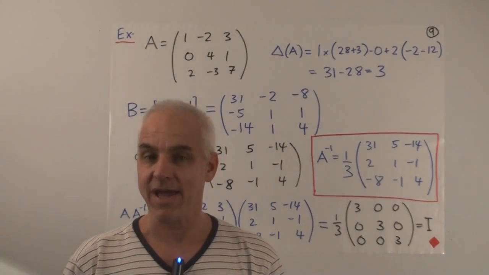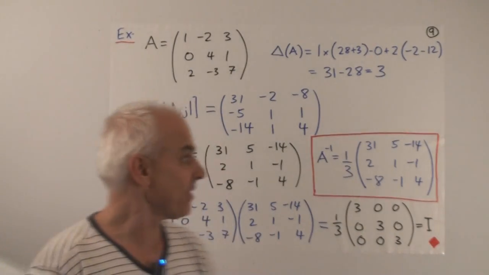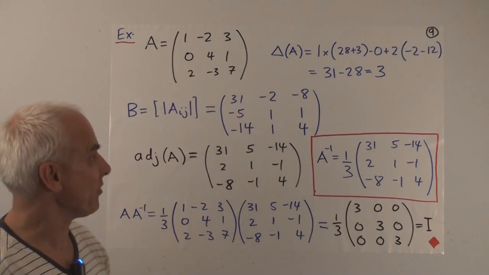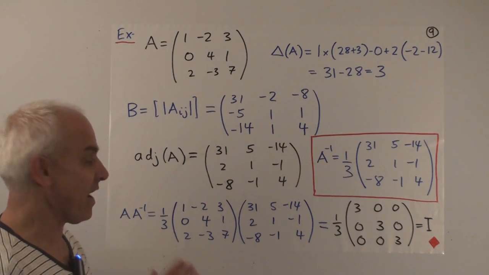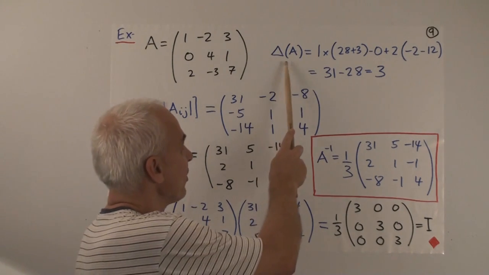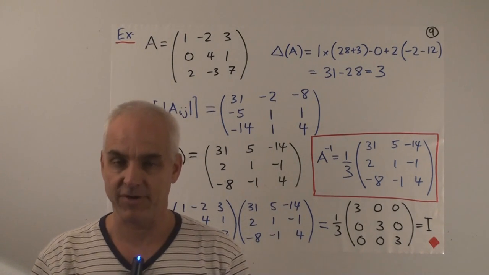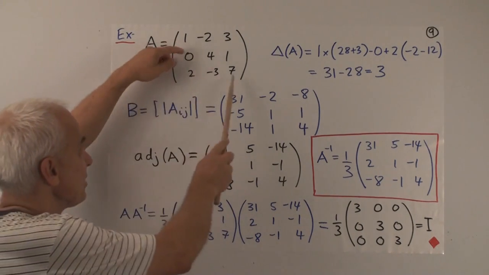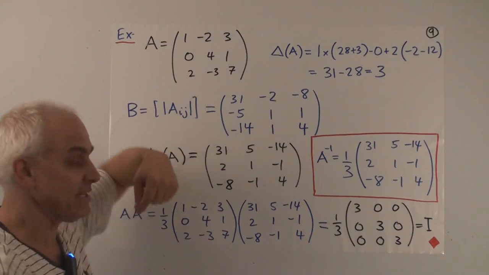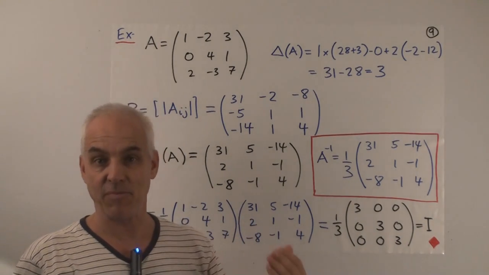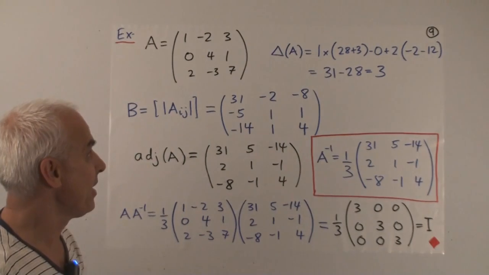Alright, so let's have a look at some examples. Here's a matrix A, a 3 by 3 matrix. Let's try to find its inverse. So the first thing we might do is calculate the determinant of the matrix. How do we do that? Well, we can memorize the formula, but it's perhaps easiest to use one of the secondary formulas that we derived in the proof of our main theorem.